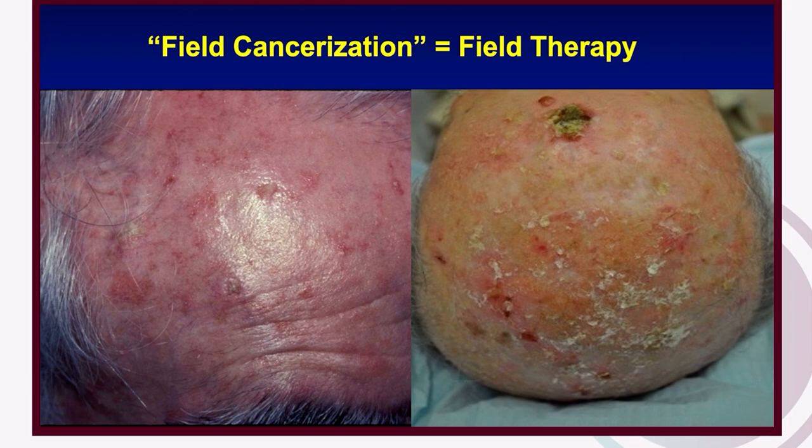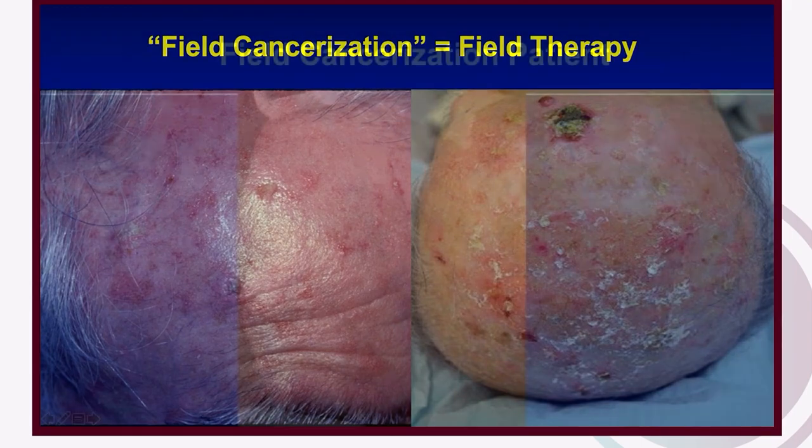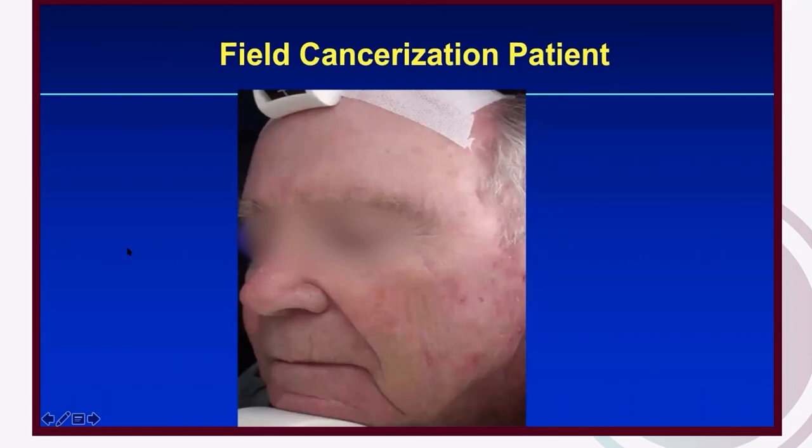And these really require field therapy and a lot more beyond that. So let me give you my current approach to gentlemen like this who really become surgically fatigued. This is a gentleman with numerous actinics. He's had multiple basal cells and squamous cell taken off his face, scalp, trunk, and he really wants to do something. And if you stop and think about it, if we say that actinic keratoses are a chronic disease,